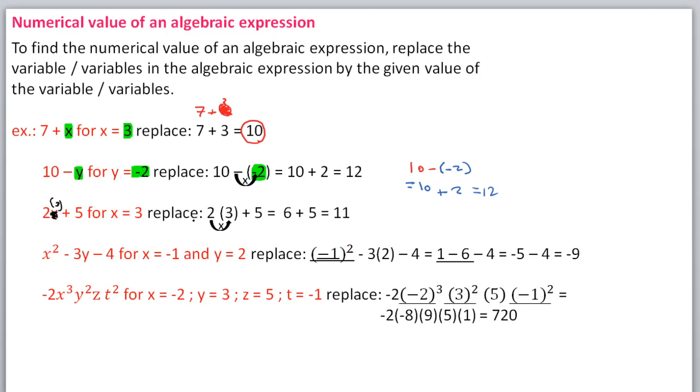So replace x by 3, so it will be 2 bracket 3 plus 5. Okay, so it's equal 2 times 3 is 6. This is 3, and this is for x. 2 times 3 is 6, plus 5 is equal 11. So that's it. Only replace. Yeah, the next one,